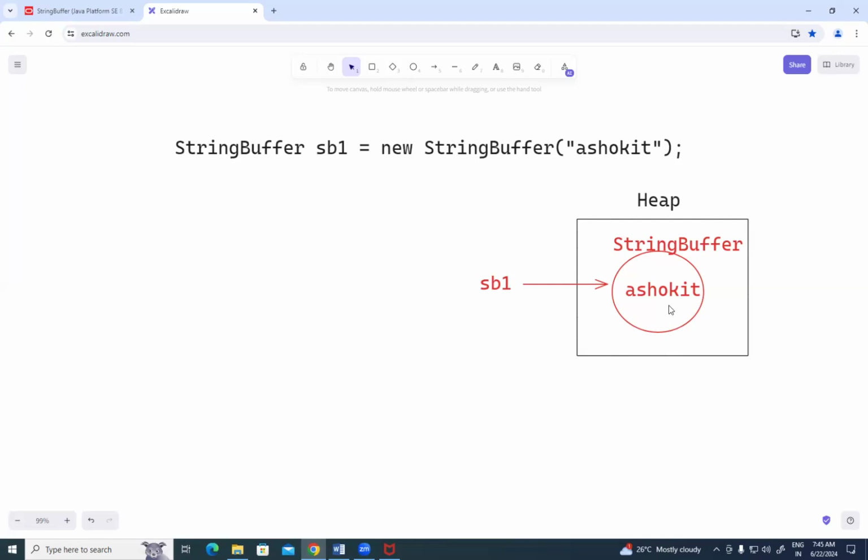If an object allows us to make changes to its content, to modify the data, what kind of objects do we call them? Mutable. Yes, we call them mutable objects. Am I clear with this? Good. So whenever a string buffer object is created, guys,